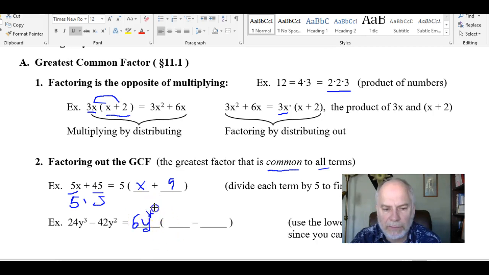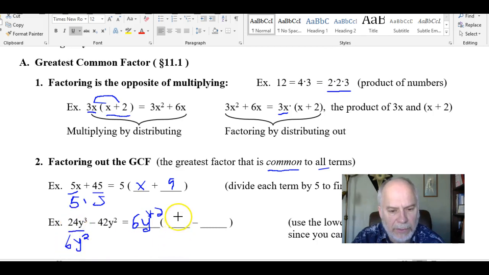I can't seem to write an exponent of 2. Okay, so that's 6y squared. All right, and I can distribute out 6y squared out of each term. Now remember, it's like dividing. So if I was to divide the bottom here by 6 and then y squared, like that,